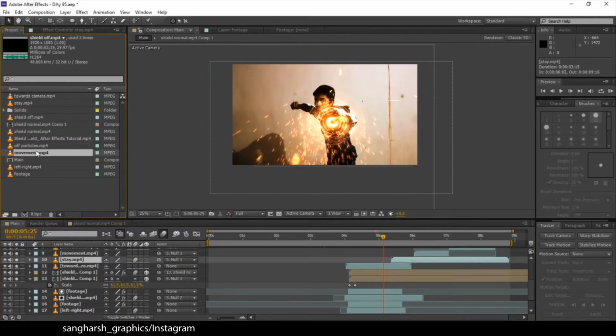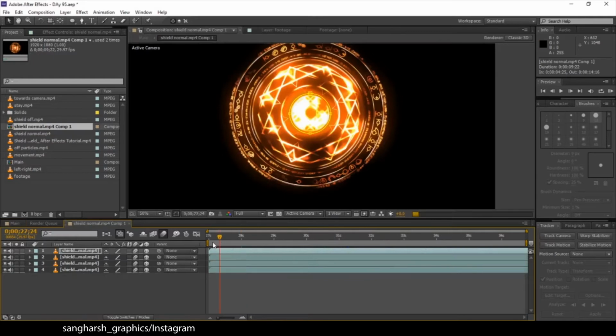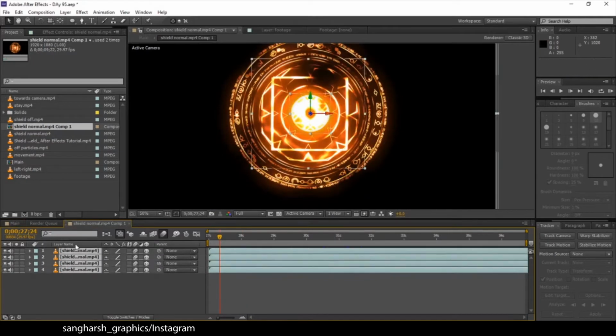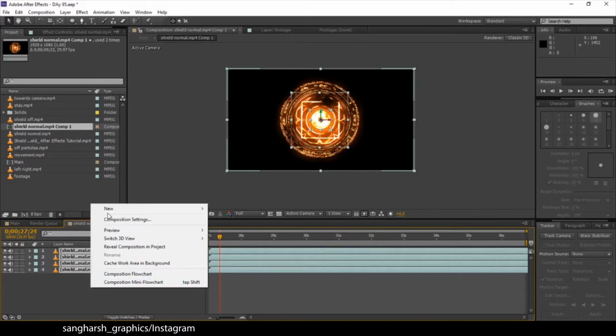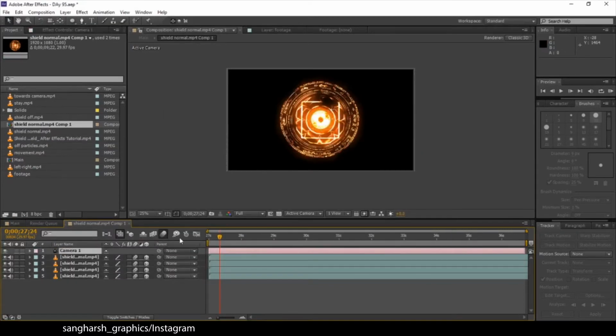I just dragged that footage, the shield normal, and pre-composed it directly without adding anything. Then I duplicated the layer 4 times and added masks to them, like this.